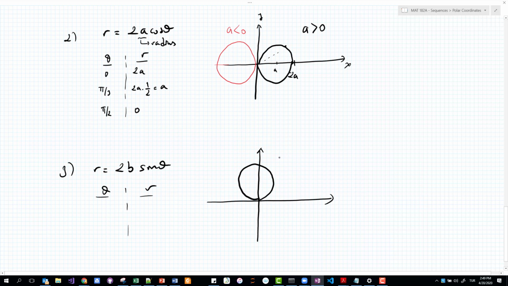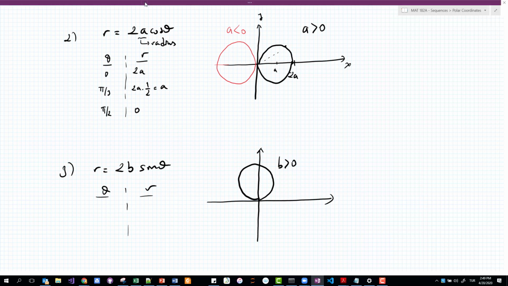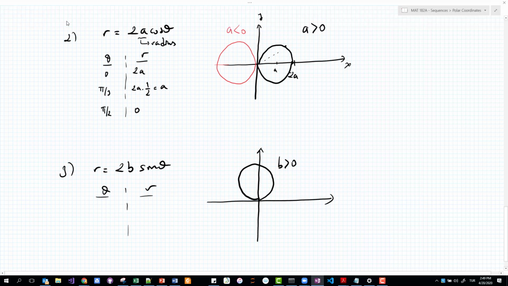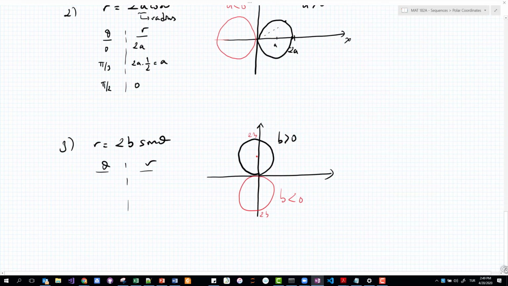Okay, this is going to be my sine theta circle when b is bigger than 0. But this is going to be the circle when b is less than 0. This is the 2b point, but my radius is going to be just b. There are some other shapes, of course, but if you want, we can just